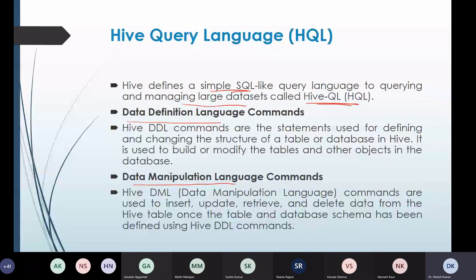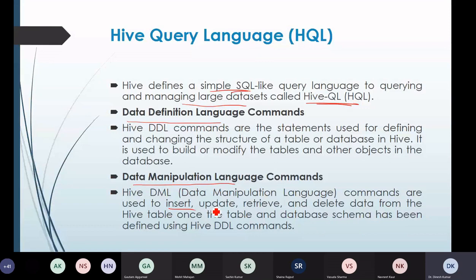So what is the purpose of DDL? These are the statements used for defining or changing the structure of the table or the database in Hive. We can also modify the tables or the other objects which we can create in Hive. We can alter, we can drop, things like that. We can perform various operations by using the data definition language. Similarly, in case of data manipulation language, we have the commands to insert, update, retrieve, delete the data from the Hive tables.